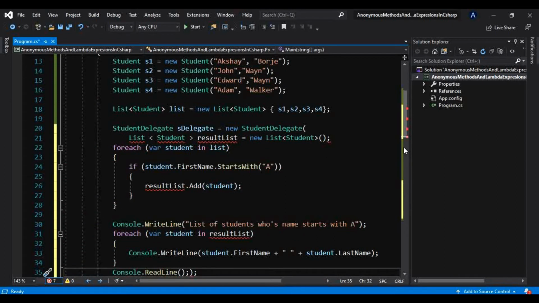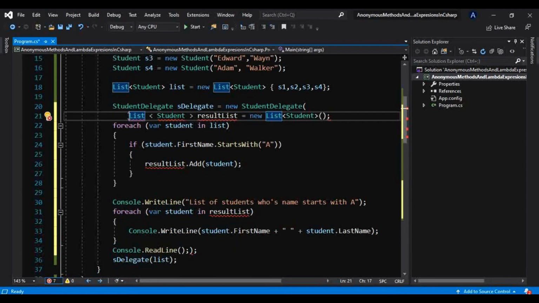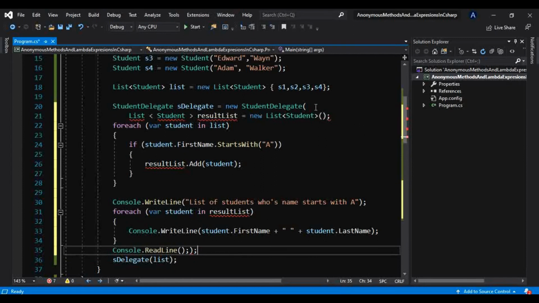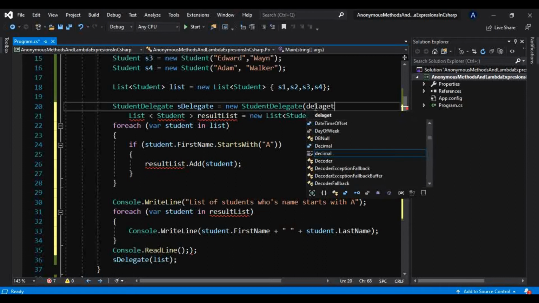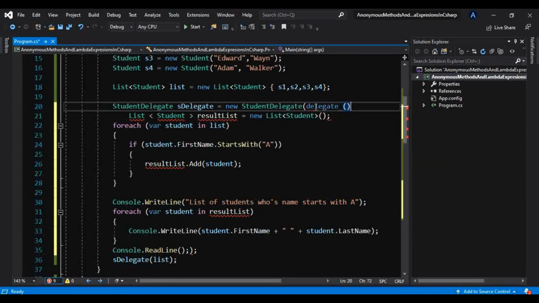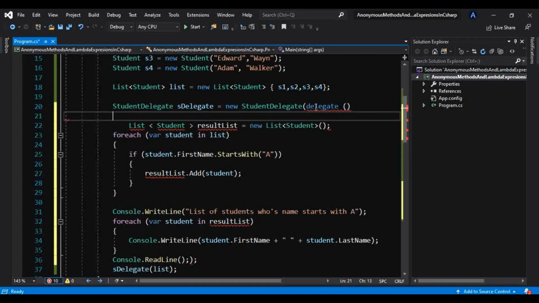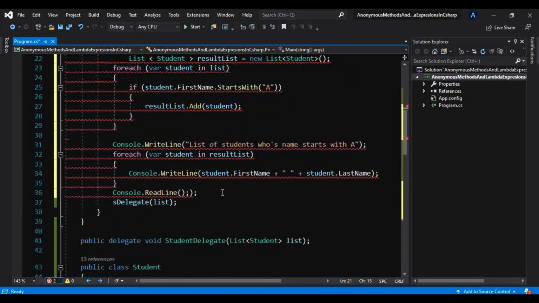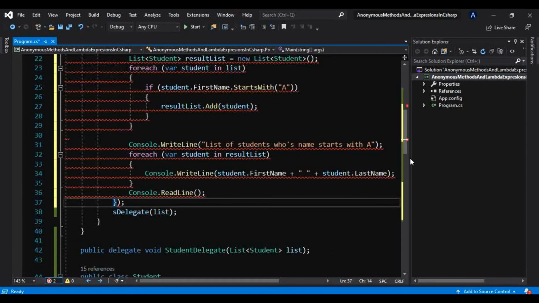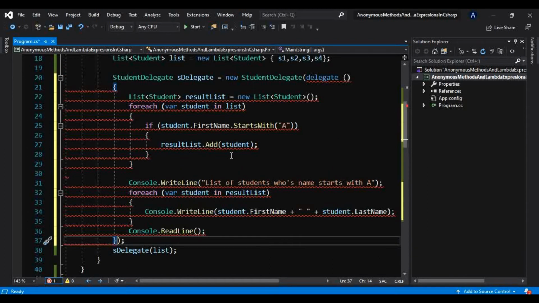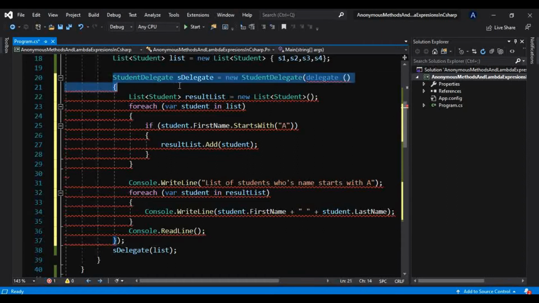But now it is giving an error. And why? Because to pass this logic directly, we have to use an anonymous method. And how do we use that? We will just use the keyword delegate, and there will be parenthesis, and we will put that logic inside these two curly braces, something like this. And again, one thing we know, this delegate requires a parameter.